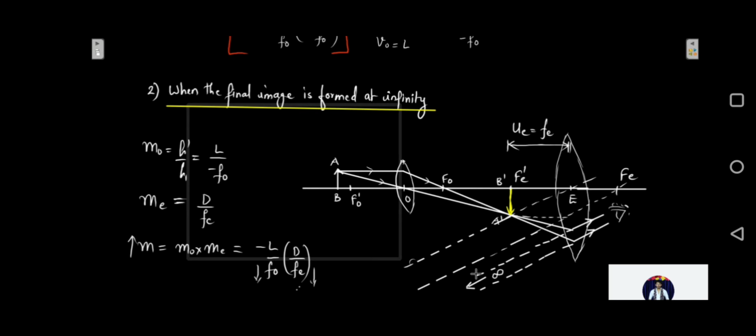The second thing you need to know is that in actual practice, each of the objective and the eyepiece is going to consist of a combination of lenses. It won't be a single lens. Objective will be a combination of lenses, as well as the eyepiece. And why is it done so? To reduce the chromatic aberration. We have already learned what a chromatic aberration is. So to reduce this chromatic aberration, the eyepiece as well as the objective will be used as a combination of lenses. It won't be just one lens.